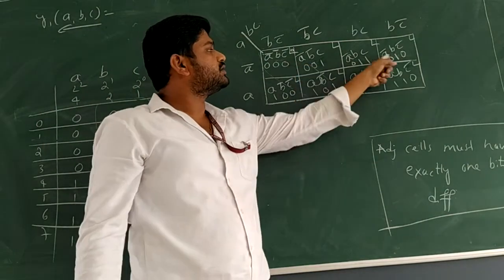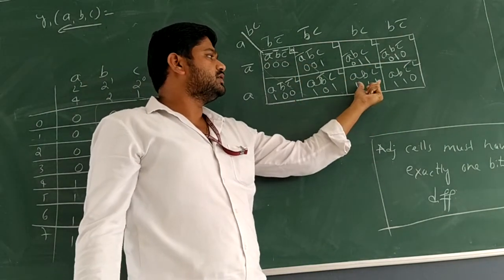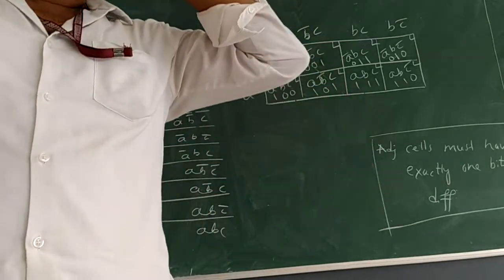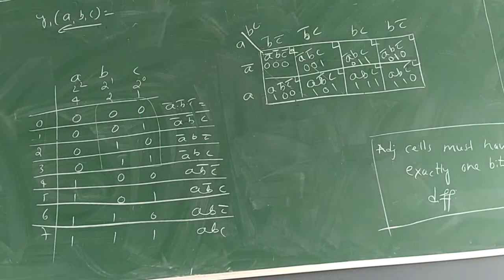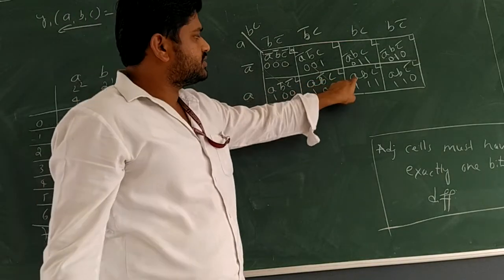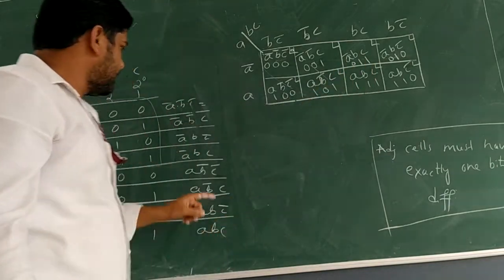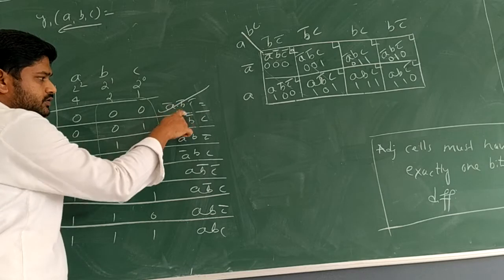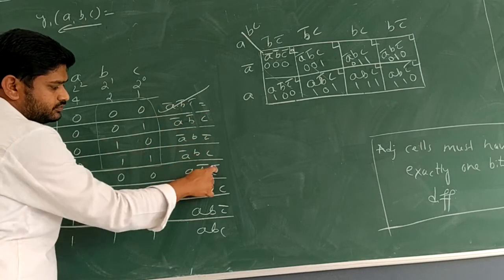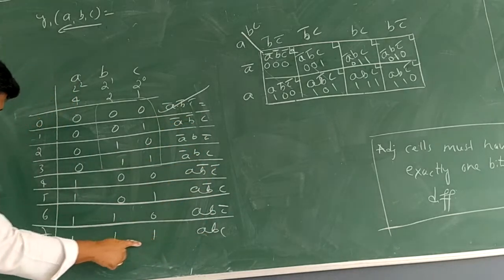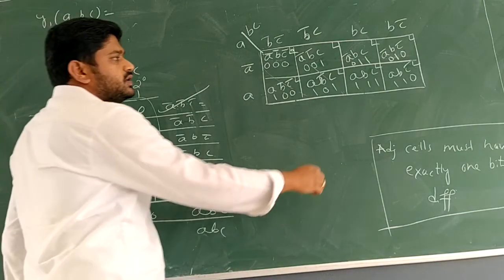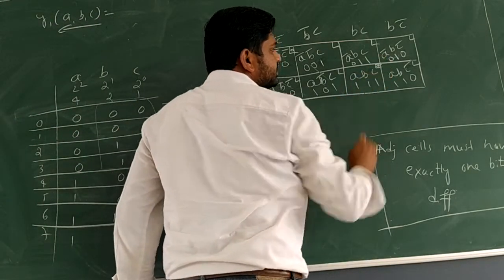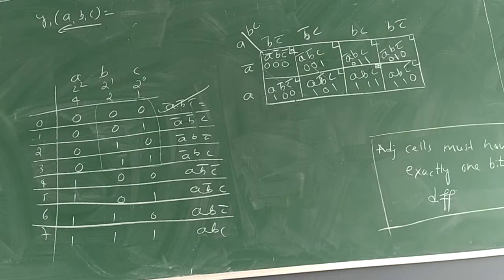Okay, actually you have to write in order, but I will take you for random choice, so that we will understand first. Then in the next problem we will directly write the cell numbers. So let's take this. What is the function? A, B, C. So find out. We done this. Okay. A, B, C. What is the equivalent number? 7. Hence here I have to write it as 7 in the small font.